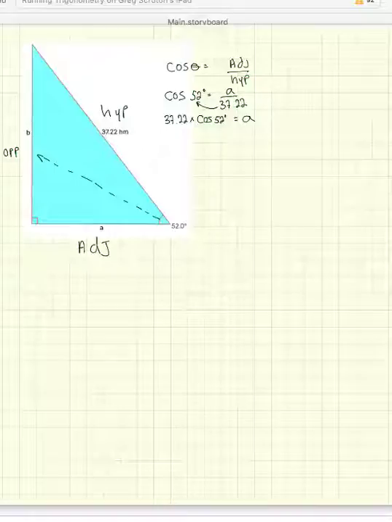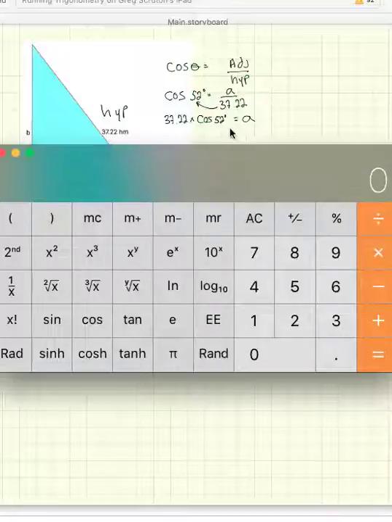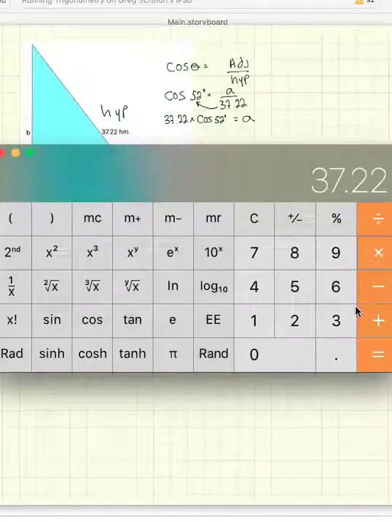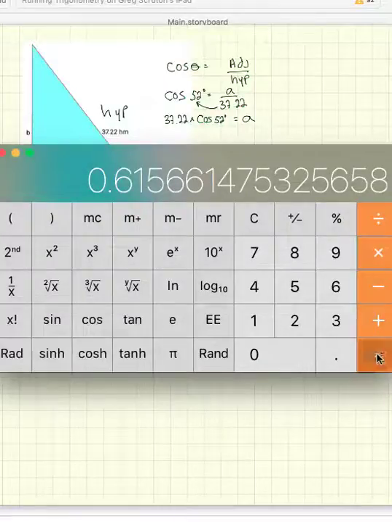There it is. Hello, Mr. Calculator. Come on out. Don't be shy. So 37.22 times 52 degrees cosine is equal to